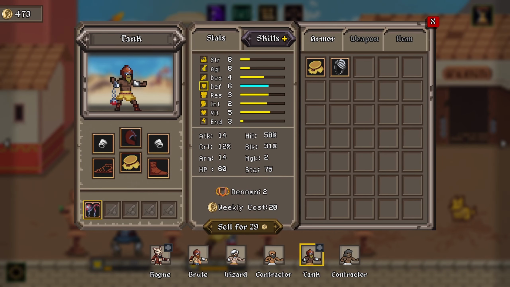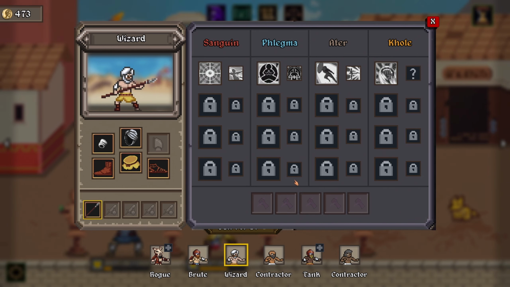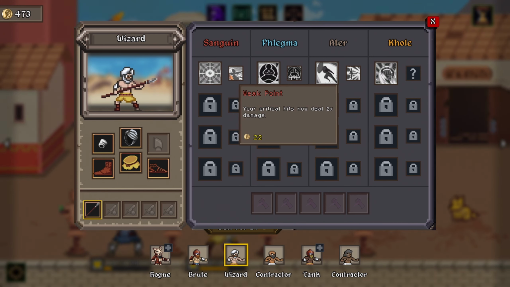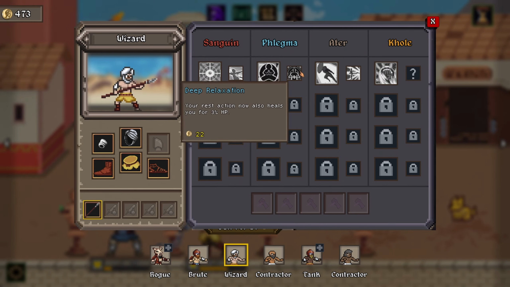The rest of our guys, we've got Wizard and Brute. I've got 400 shekels, so this is the play, right? So let's talk about Wizard here today. This will be all about building a Wizard. So agility and dexterity don't care too much. Your critical hits now deal 2 times damage. He's not going to be critically faced. So I'm going to do